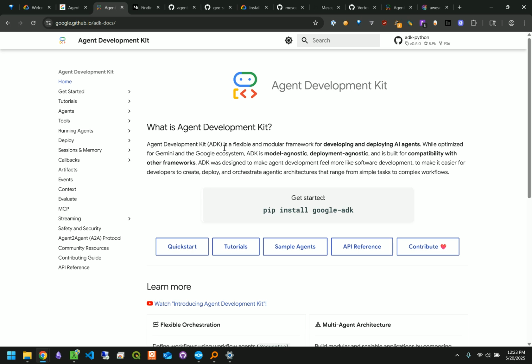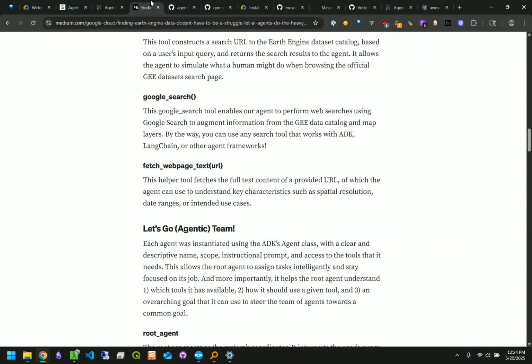Because with just a few lines of code, you're able to create these pre-packaged UIs, but with a backend, which can call tools, which can call sub-agents, and a bunch of other things that you can do with Agent Development Kit. So going back to the story of what we're using the Agent Development Kit for,